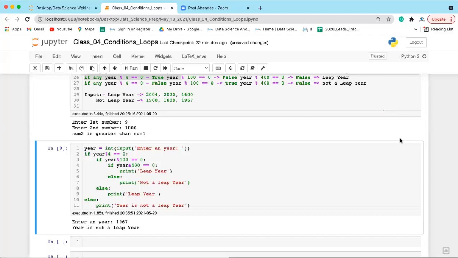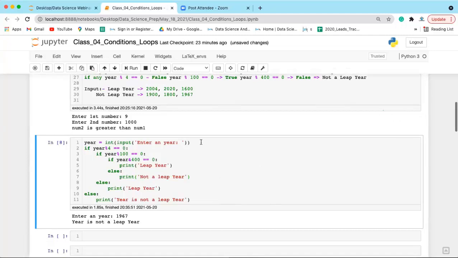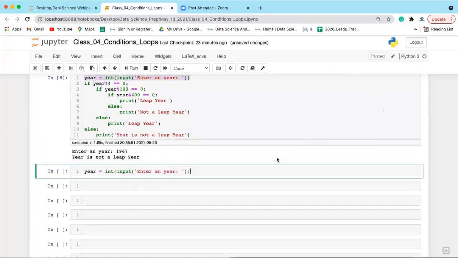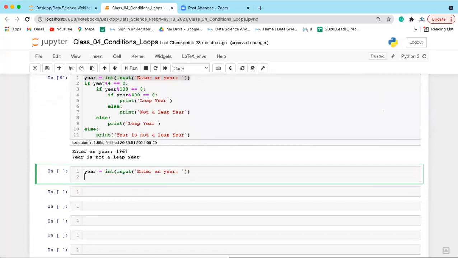Okay. Now let's see the code which Dhanvantri has written. Same thing, we will be taking a year from the user, and then we will be writing the code. So see what I'm checking. First of all, I'm checking if year % 400 equals 0 or not. If year % 400 equals 0, then what next?